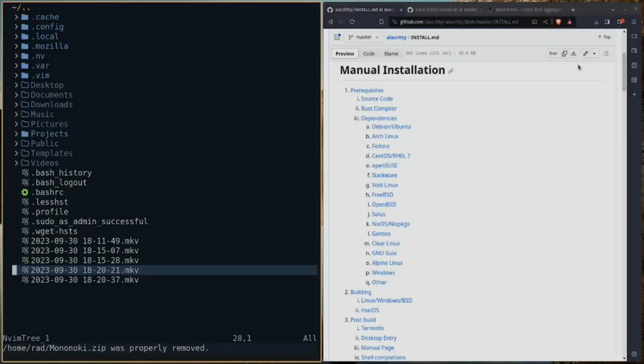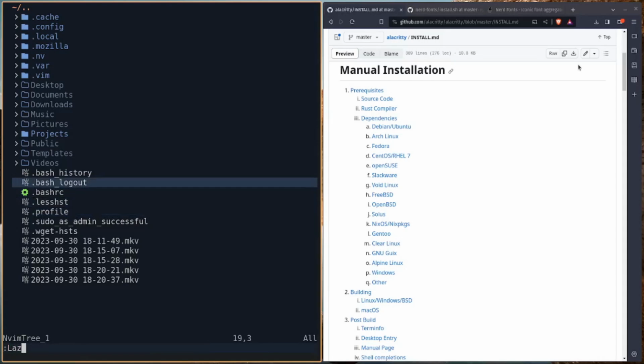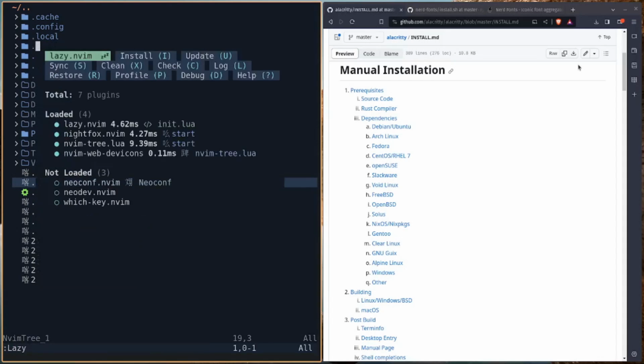We now have a situation where we have these Chinese characters displaying instead of what should in this case be a file icon. Well, we can see that this isn't limited to Nvim tree, because if we call lazy, we can see in here that there are, for example, some additional Chinese icons here. The reason for this is that we don't have a Nerdfont installed. So I'm going to take you through installing a Nerdfont and then setting up the Nerdfont with the Alacritty terminal